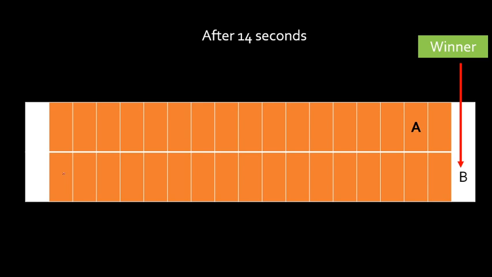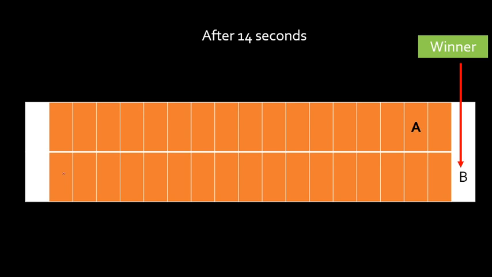But in this problem, the problem is going to be a little different, right? Instead of finding out who reaches the finish line first, we are going to find out who was leading most of the time. Okay, I'm not going to see who reaches finish line first. I will see throughout the race, throughout the marathon, which person was leading majority. Was it A that led majority times, or was it B that led the majority times? That is what we are going to check here.